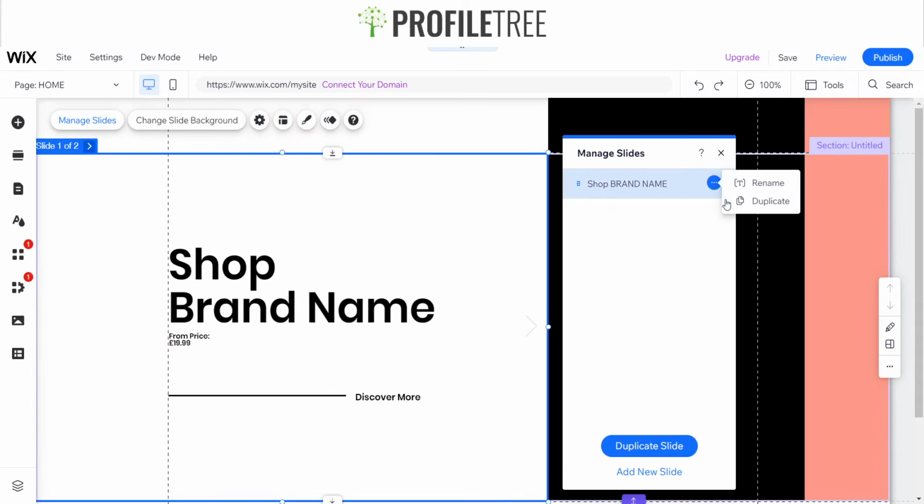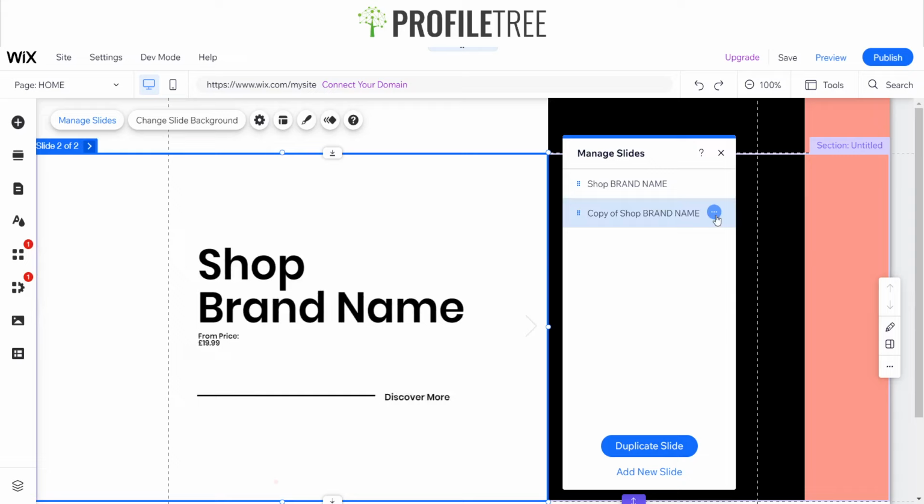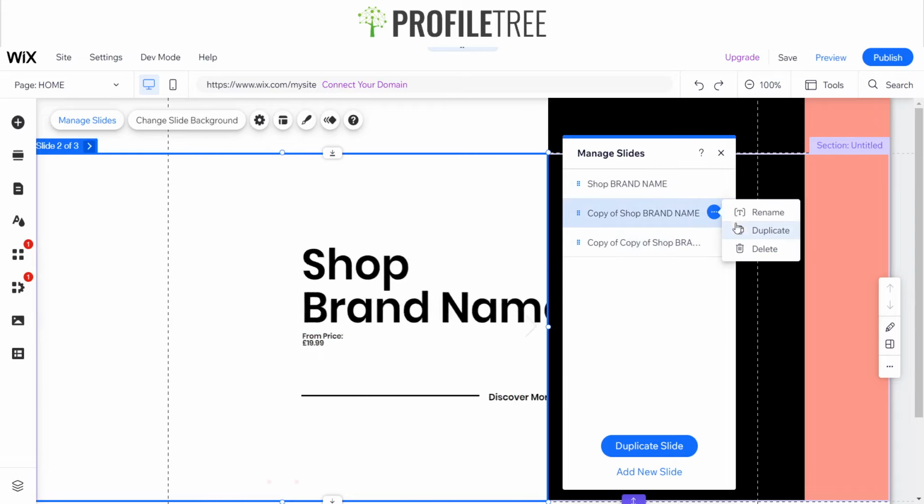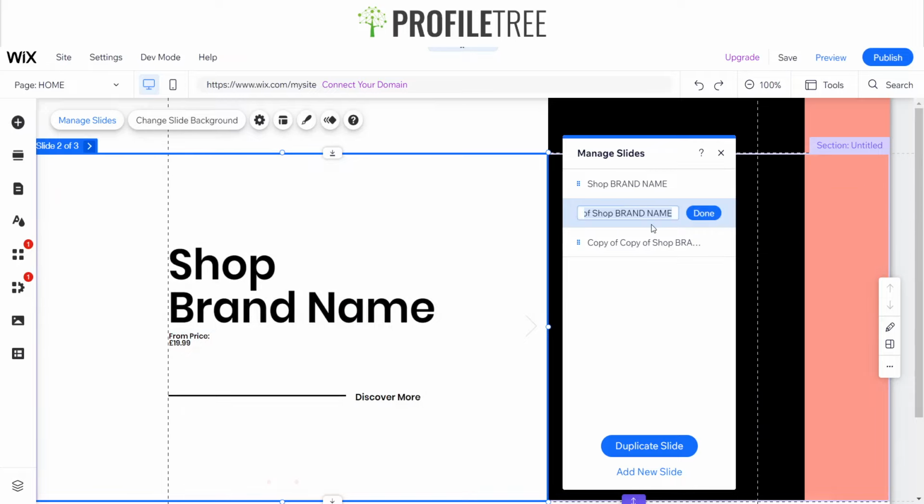How I did it was I started duplicating the same ones so that they have the same layout, and all I had to do was rename them. So shop men's, and then I would do the same for this one, where I would put down shop women's. So it sort of looks like this. You can do as many slides as you want. I'm not sure, let's see,